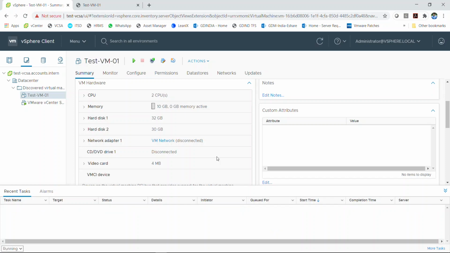Now the migration is completed. We can see here the size of the disk is reduced. Let's start the VM.